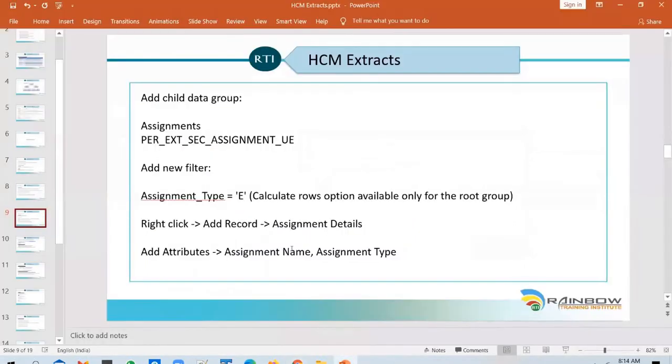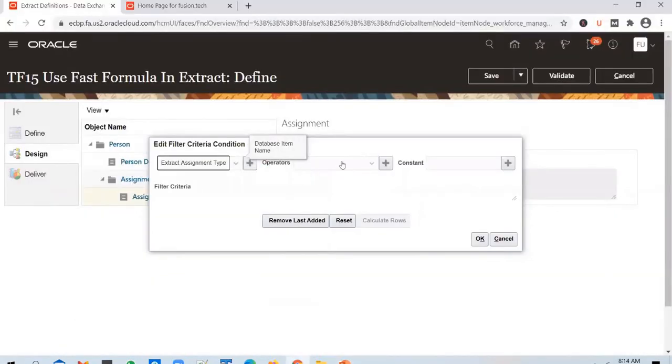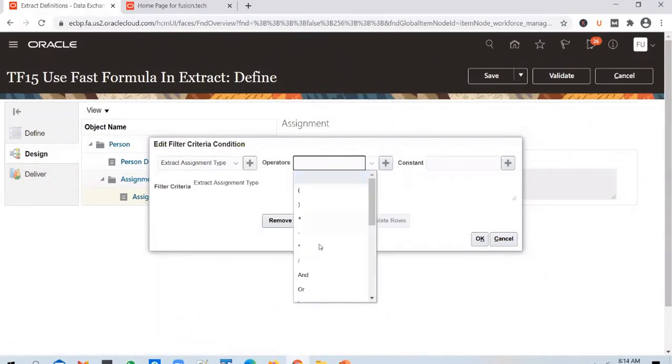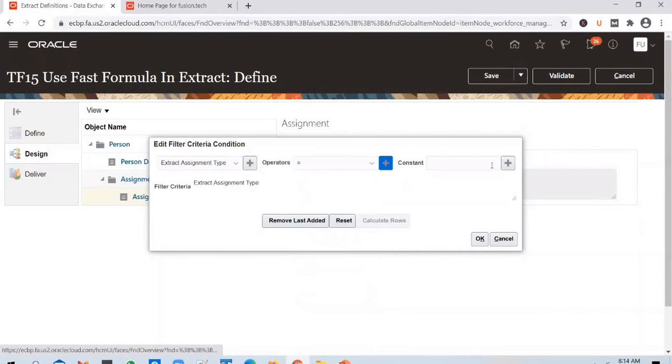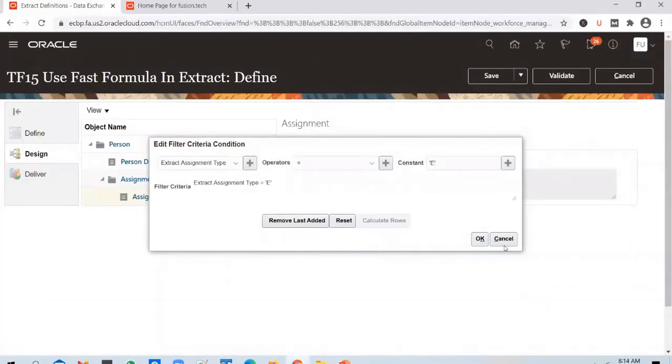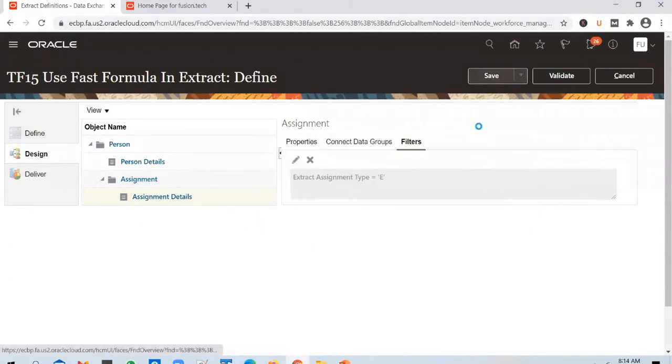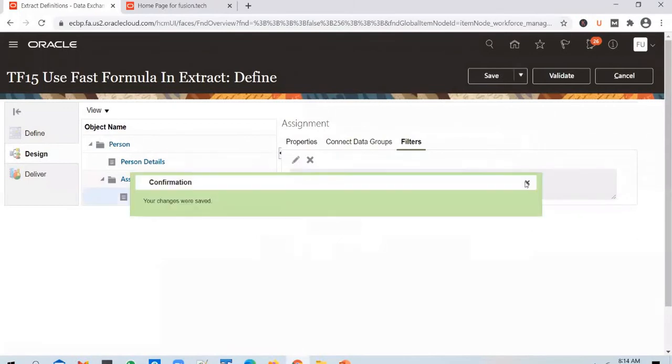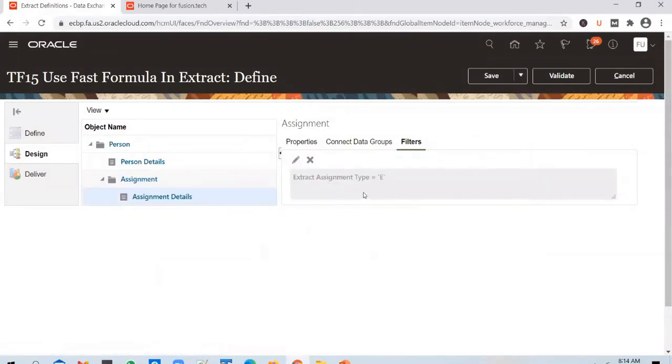You select Extract Assignment Type, add it in, select equal to E, click OK, and save it. This will take out the two entries for the assignments, because one of those assignments has a different type. We are picking only assignments of type E, and we'll not validate it.